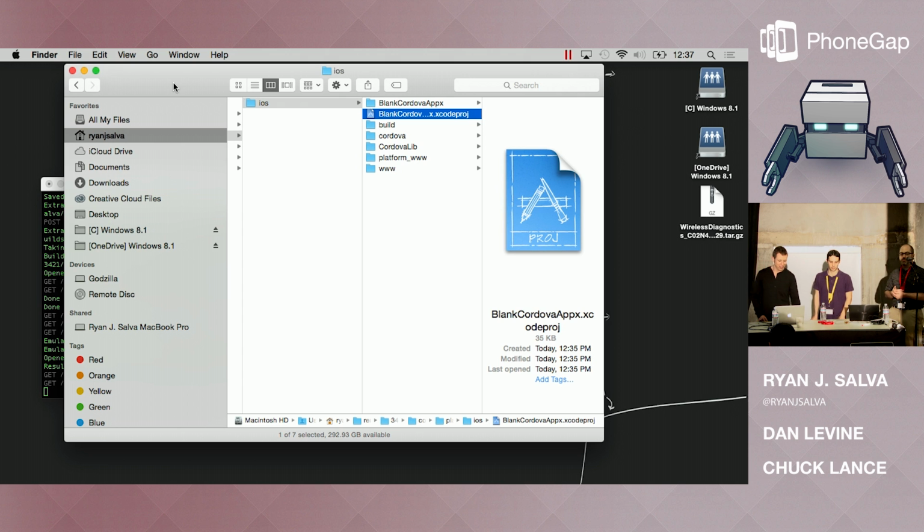One of the conscious decisions we made with Visual Studio is that we didn't want to deviate. So even when you're building for Windows Store and Windows Phone, a Visual Studio project is actually created underneath the covers that is the native project. You can go and use that and do native tools. But we wanted to stay as close as possible to the CLI, and as the CLI adapts and adds new features, we're able to go along with that.